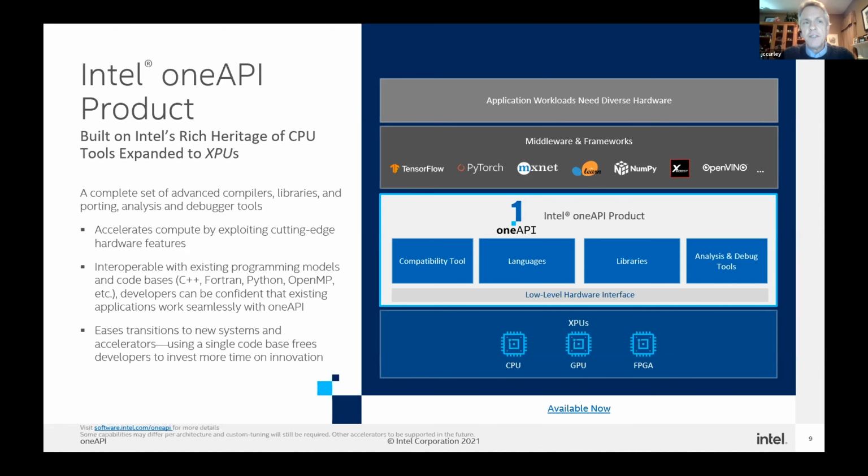So all of this eases transition for developers from what they're programming today, either from the current C++ world through a very readable and productive language in Data Parallel C++, through libraries that you know and understand, or through migration from a language that you may have been writing in into Data Parallel C++.